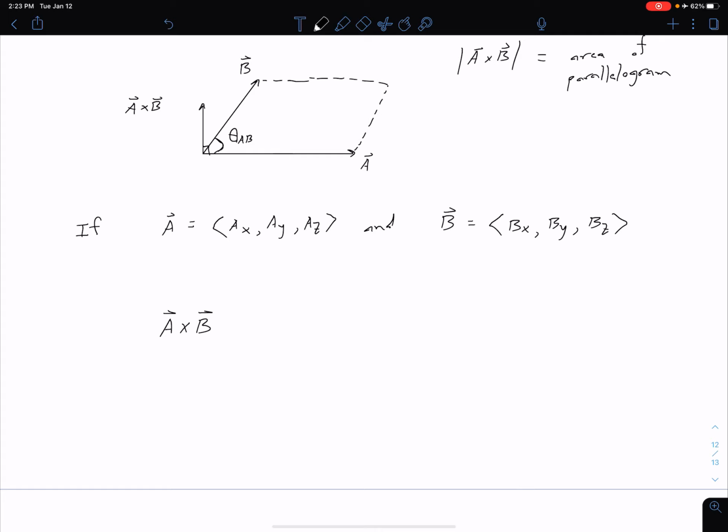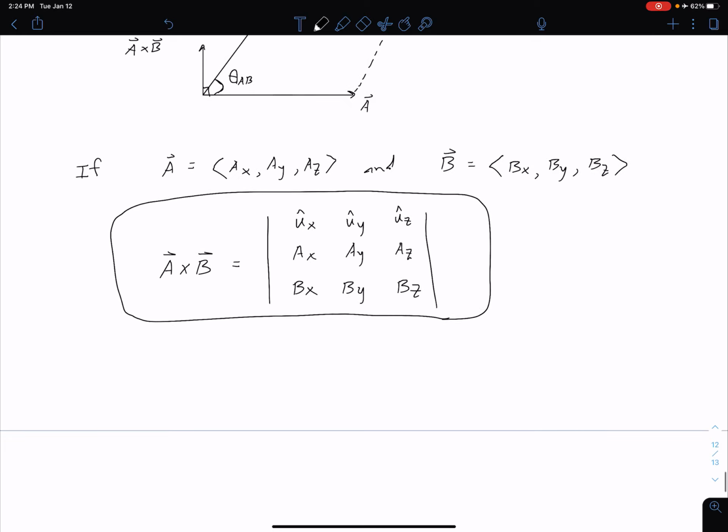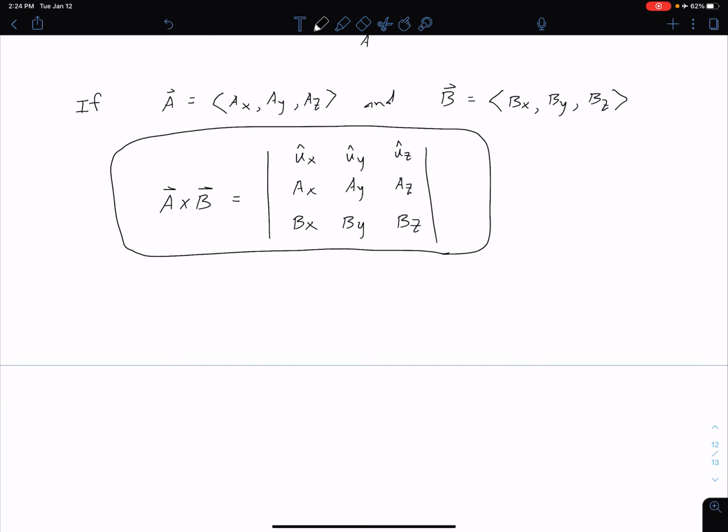So A cross B is equal to the determinant of a 3 by 3 matrix. Our first row are our unit vectors UX, UY, and UZ. Our second row are our components of our vector A, so AX, AY, and AZ. And then finally, our third row is our components of our vector B, BX, BY, and BZ. If you're unclear on how to do a 3 by 3 determinant, let me know, but just writing out our results briefly here, we can say that this ends up being,